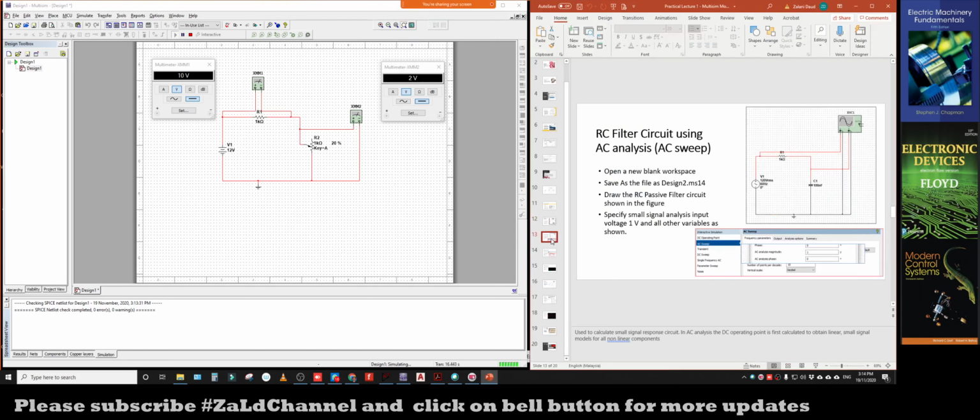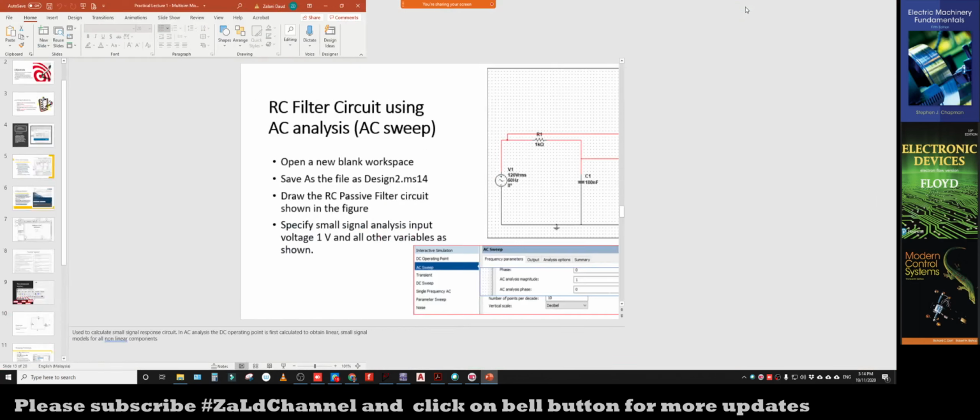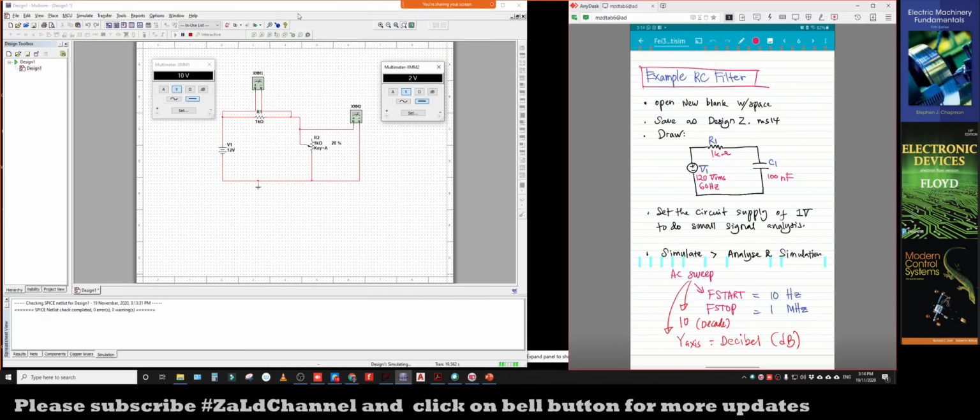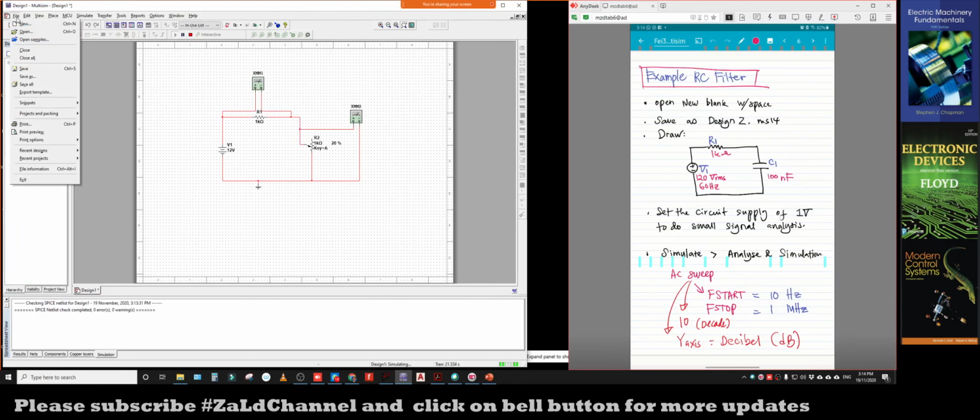We move on to the RC filter using AC analysis. Make sure that once you finish your work, you save it. Remember to save your project, your circuit, in any folder you like. So let's say I'm going to save this. I'm going to click on